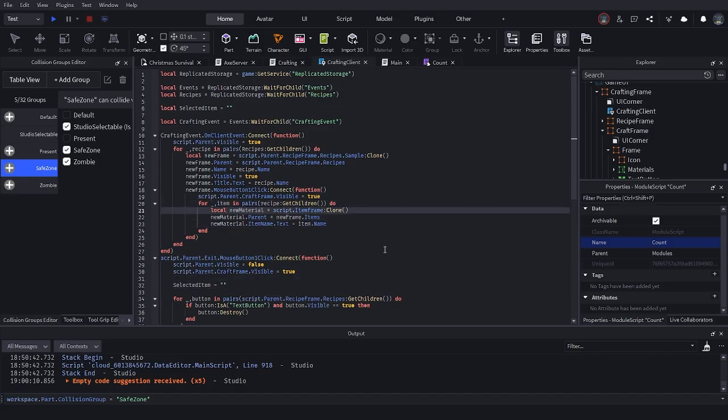So all this is going to do is eventually in the future, once we have our craft button, when we click it, it'll look for a selected item. If there's a selected item, then we're just going to run the craft through that. So yeah,